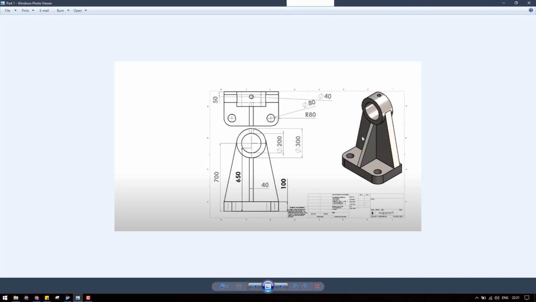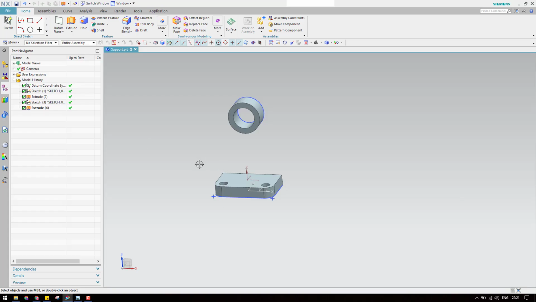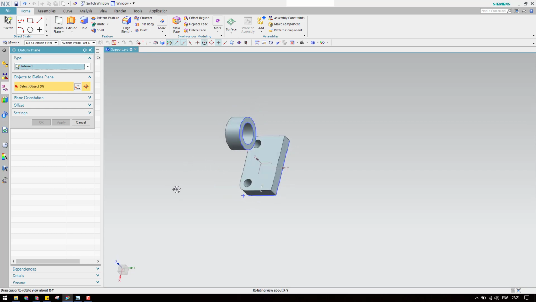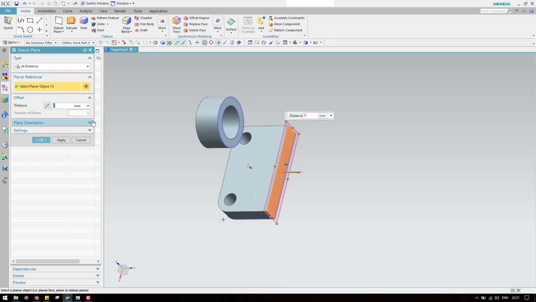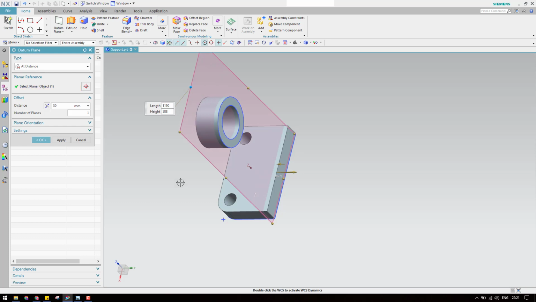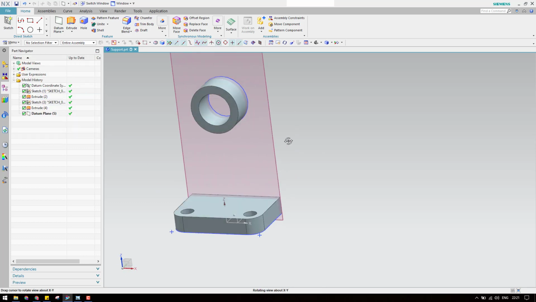For those two faces, we can create one plane over here with a distance of 30 mm, and then we can create this face. So I'll go to plane, at a distance from this, it should be 30 and in the reverse direction. If you want, you can increase this.